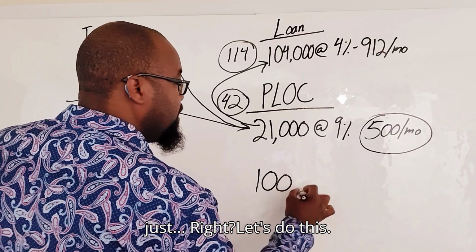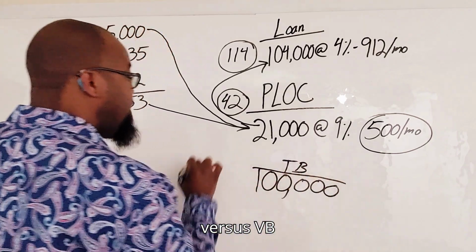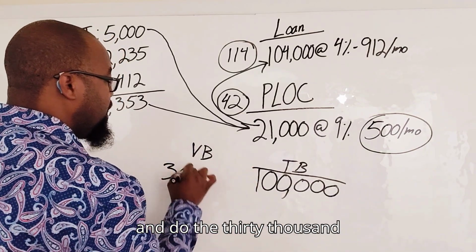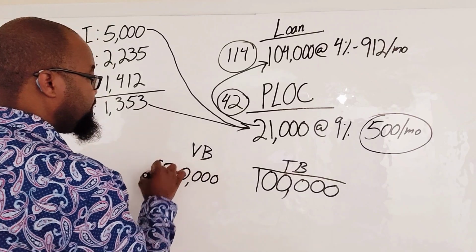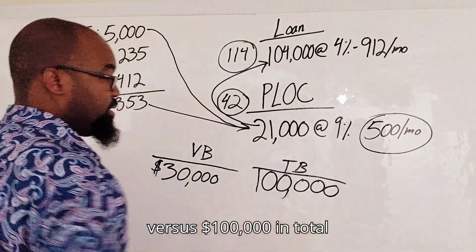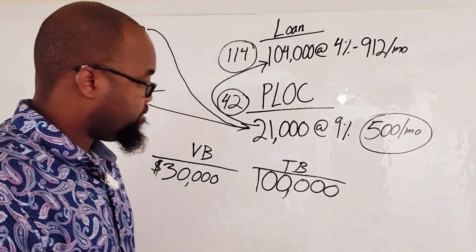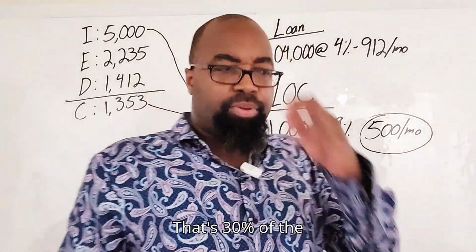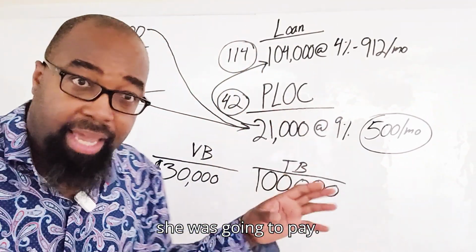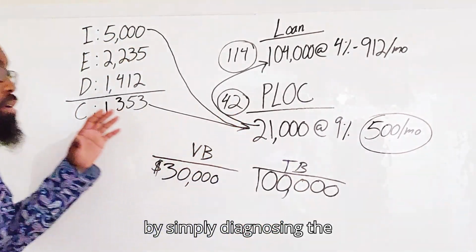Can we just, right? Let's do this. This is TB versus VB, which is going to be about $20,000 or $30,000. So I'll just go ahead and do the $30,000 in total interest versus $100,000 in total interest towards that mortgage. That's 30% of the interest that she was going to pay. So she saved 70% interest